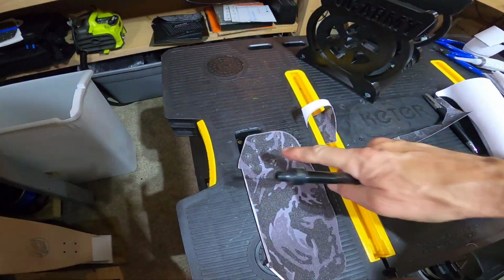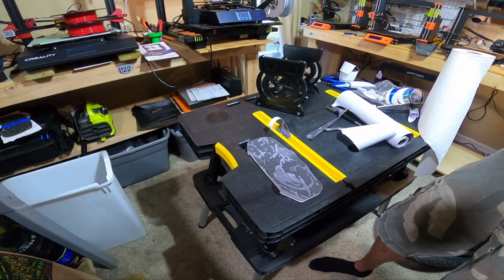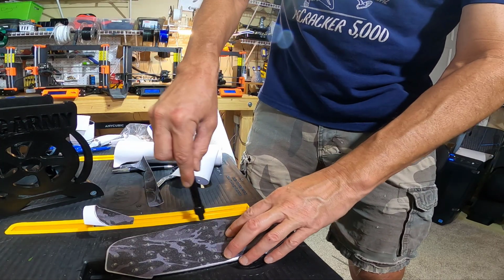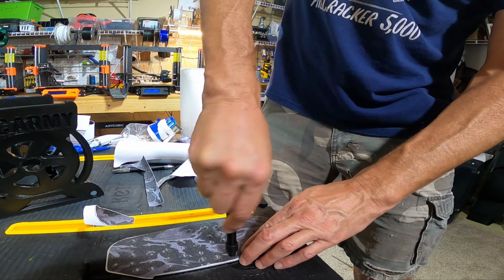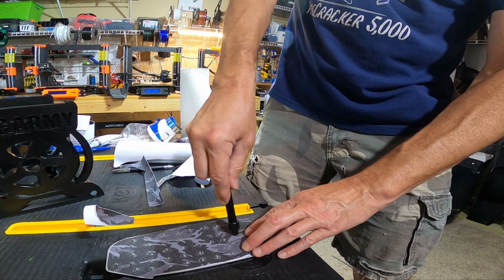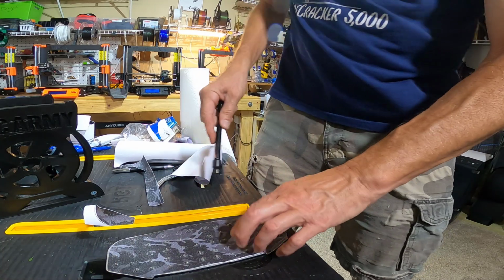So you see the end result. Yeah, that looks nice, doesn't it? Sweet. All right, so let me finish punching these through, and I'll be back. And I don't know, guys, why this is so much fun for me, but I might need to quit my daytime job and find a job where I can just apply grip tape to